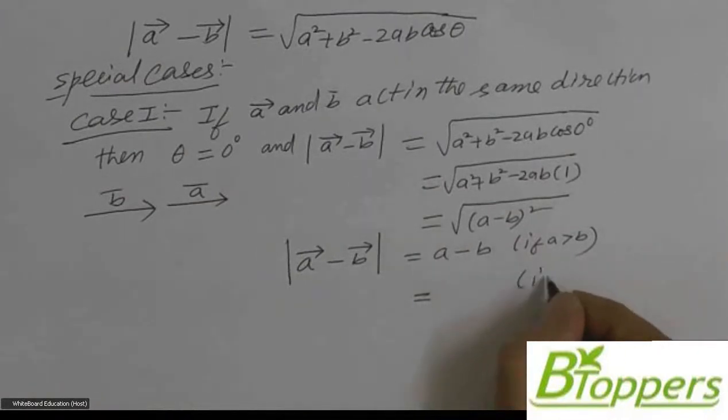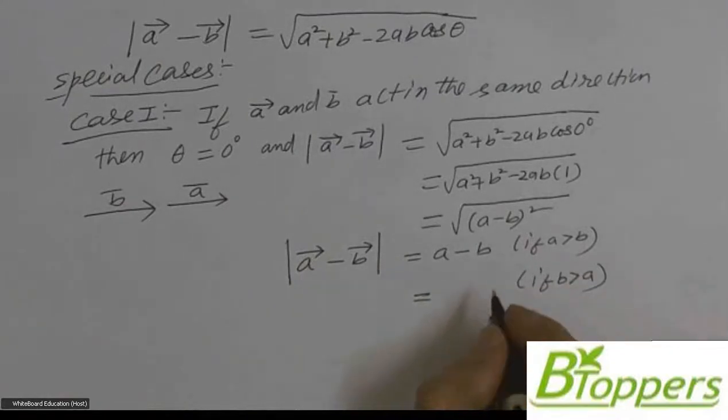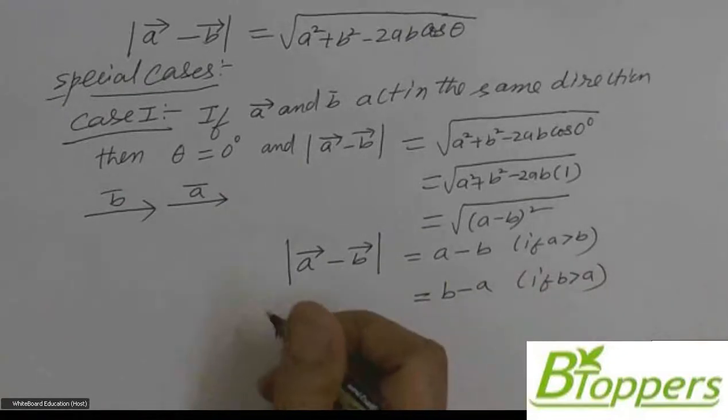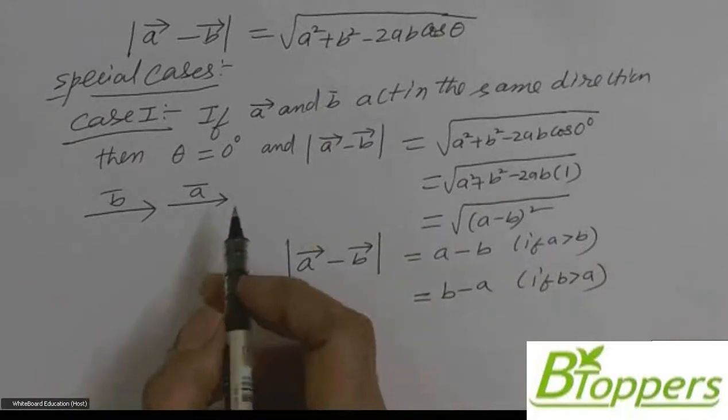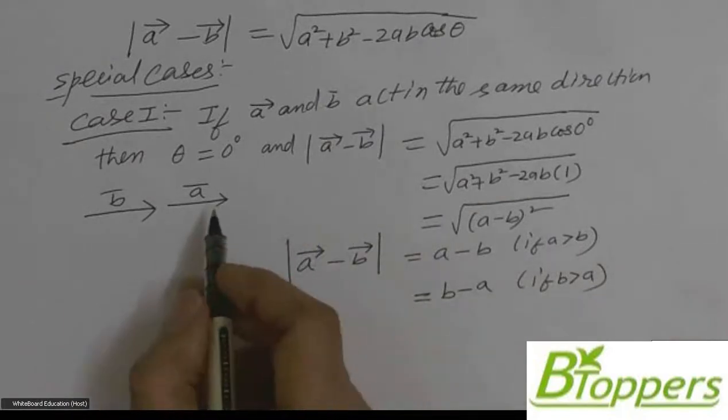If magnitude of vector b bar is greater than magnitude of vector a bar, then mod of a bar minus b bar should be written as b minus a. So coming to the direction of the vector a bar minus b bar,